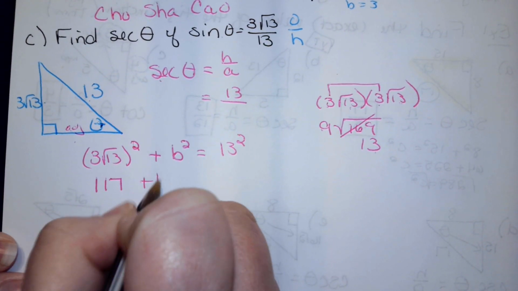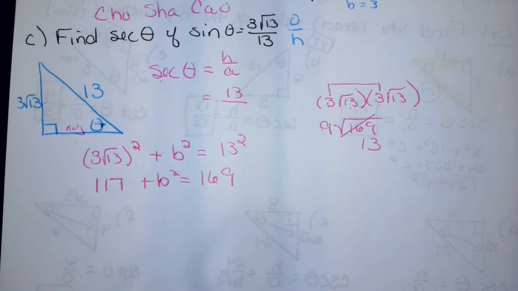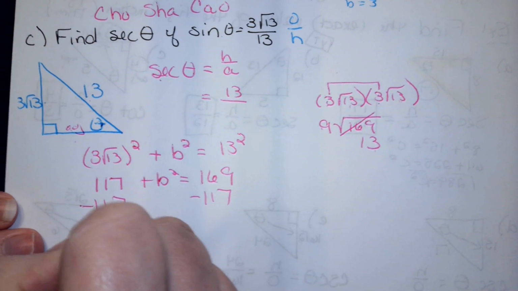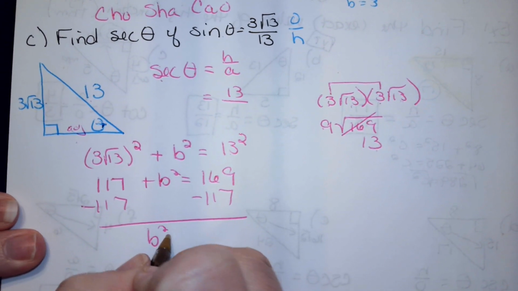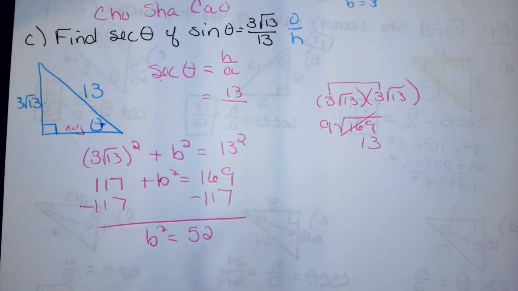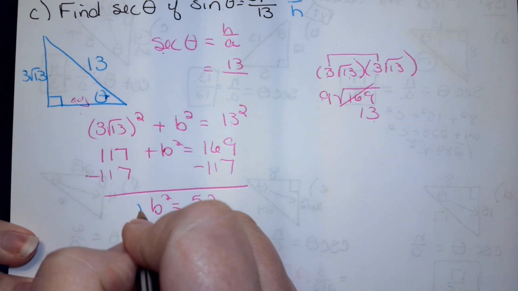117. And 13 squared is 169. So subtracting 117 from both sides, we get b squared equals 52. Taking the square root,